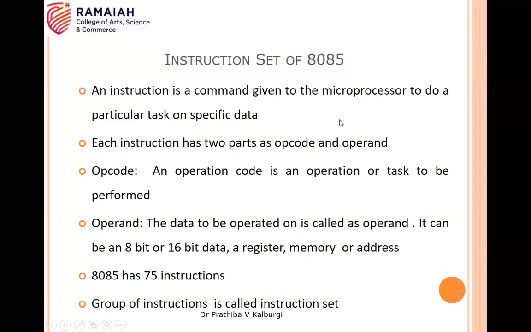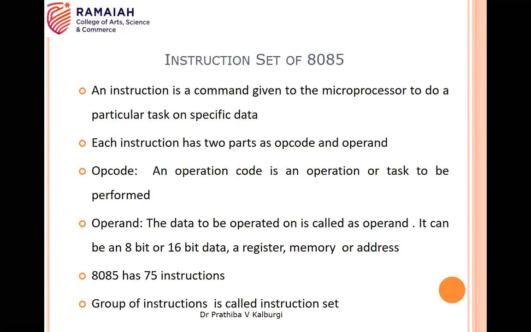Yes, ma'am. Now coming to the instruction set of 8085. So in this case, the instruction is nothing but the command which is going to perform a specific operation with respect to the 8085 processor. So here the instruction, as you are already aware, is being divided into two parts. One is called your opcode, the other one is specified as your operand, isn't it? So the operand can be either an 8-bit data, 16-bit data, an address location or a register. So this 8085 has 75 instructions.